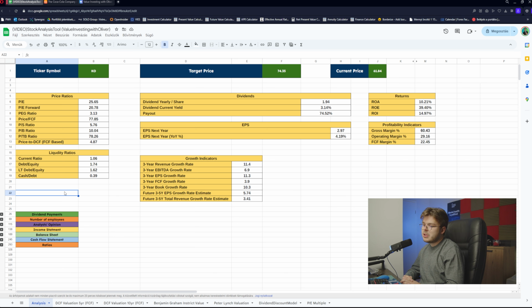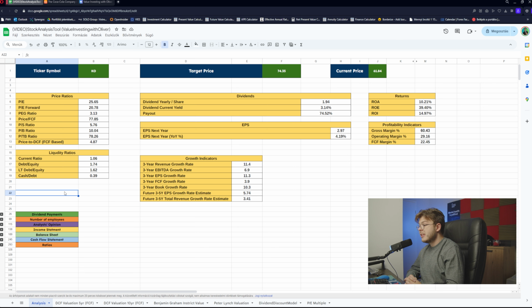Their PEG ratio, which is very similar to the PE, is about 3. It's not percent, it's a ratio. Their price to free cash flow is 77, which is very, very high. Their current ratio is just about 1, and their debt is obviously high. We are talking about a very mature company, so there is no surprise that their debt ratio is going to be very high. Their dividend per share is $1.94 currently, and then the current dividend yield is about 3%,